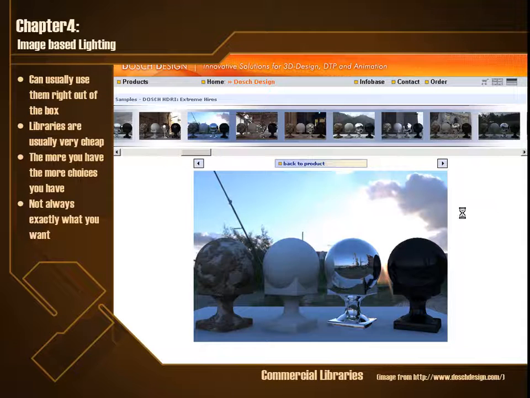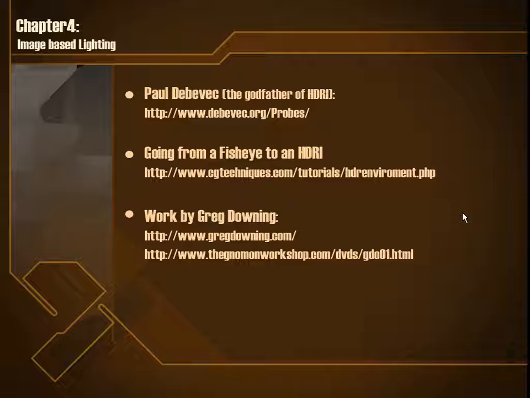Okay, once you've done that, there's just a little reading you can do in terms of HDRIs, such as looking at Paul Debevec's site online. Paul Debevec is sort of, I would call him the godfather of HDRI. Paul has written some great stuff in terms of probes and how to acquire HDRIs. And here's another link that I found that was quite useful,